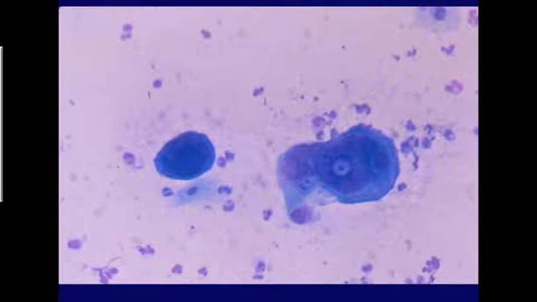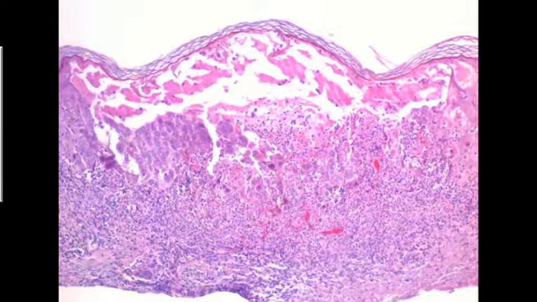And here's again showing the difference in size between what a neutrophil would be and what two giant cells would be in a Tzanck smear. And the same thing, and you can see how here in this large cell, there's on the top there's a neutrophil, but you can see how the nuclei are kind of bunched up rather than separated, and that really is a very classic presentation for a Tzanck smear. Now here you can see histologically where those cells would be and why you have to scrape off the